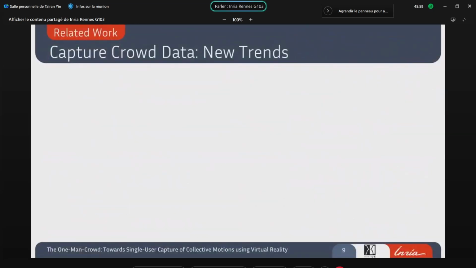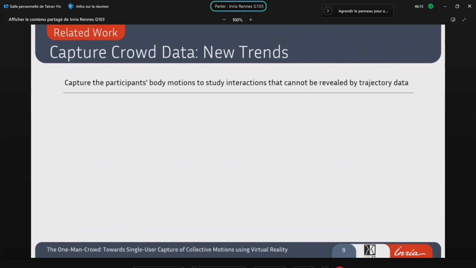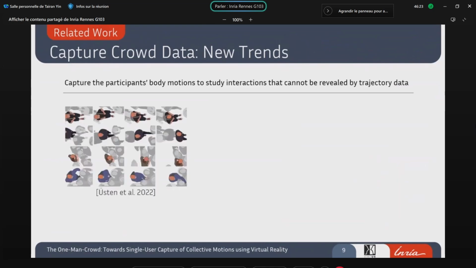It is also important to note that crowd movement is not just about walking through a group of people using your feet, but in fact, pedestrians are constantly interacting with each other using their body language and facial expressions. And if you just take a look at the 2D trajectories, you don't really see these interactions. So recently, a new trend has emerged in which experimenters use on-body motion capture devices to capture body motion data for the pedestrians.